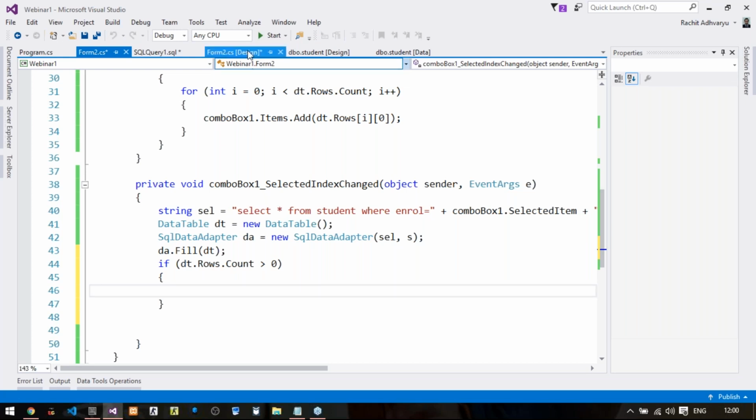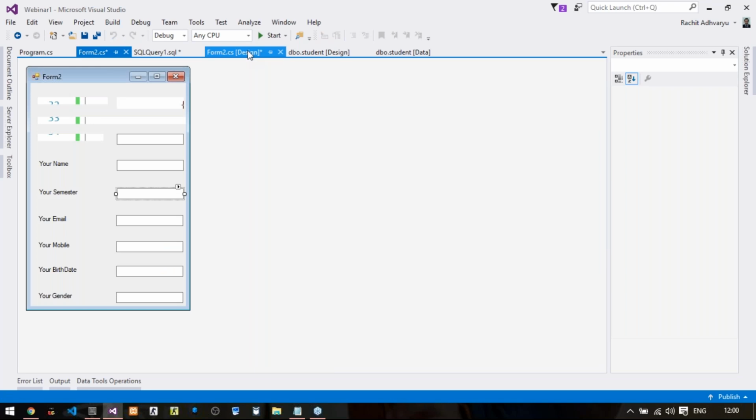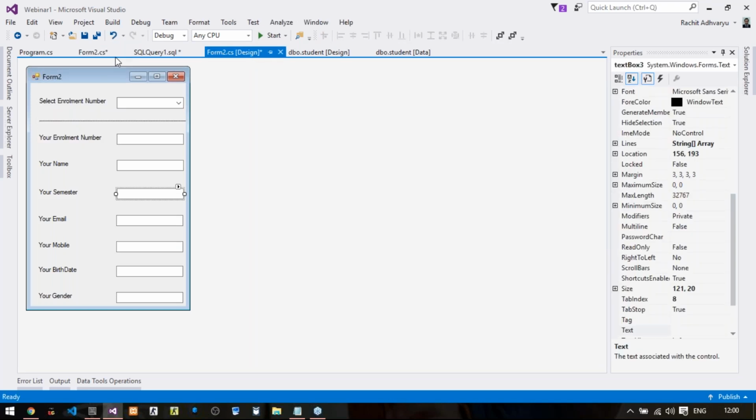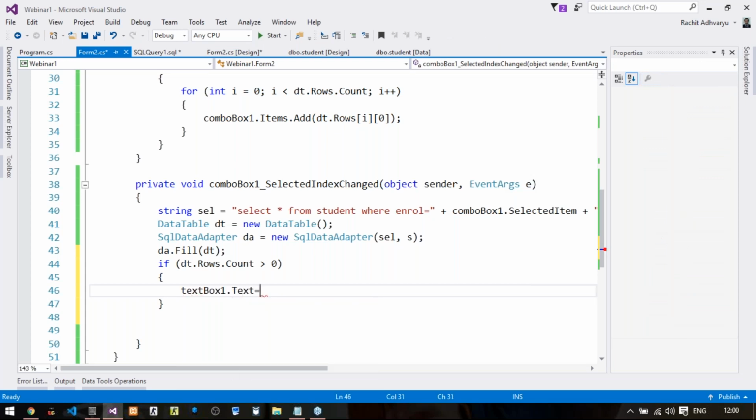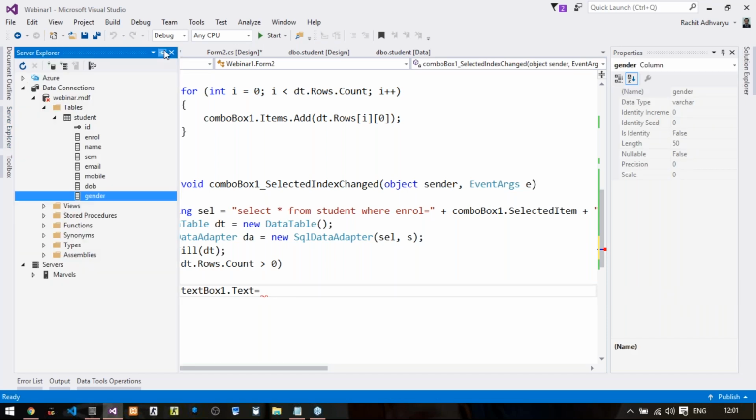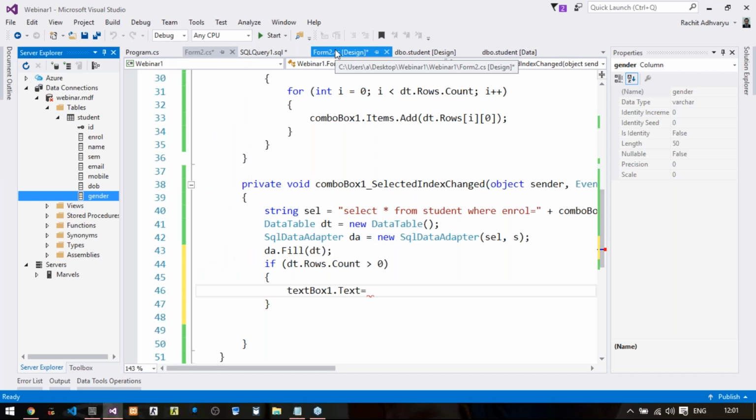So first one is textBox1. textBox1.Text equals. Now what do we need to fill? We need to fill the enrollment number in this particular text box that we have fetched from our database.